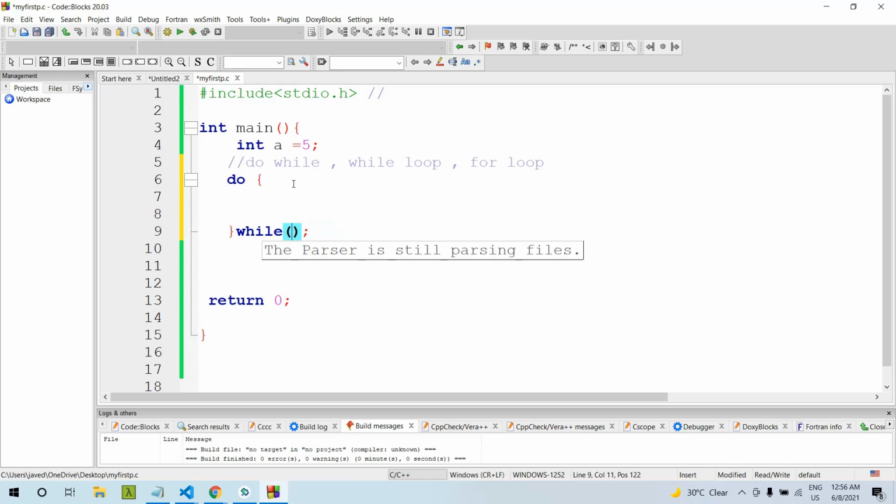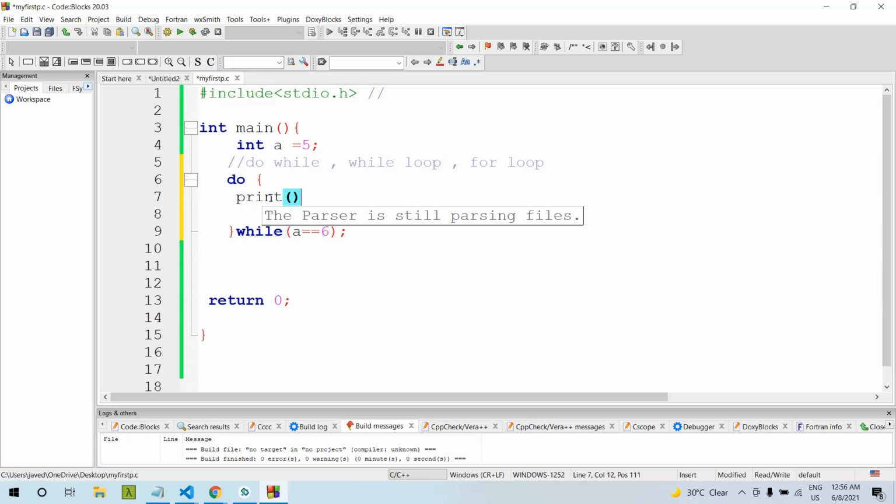This loop will execute till our condition is met. Let's suppose we have taken a variable a and stored a is equal to 5. So the value of a is 5. We will execute this loop till a is equal to 6. Let's print the value of a, which is 5, and execute this.